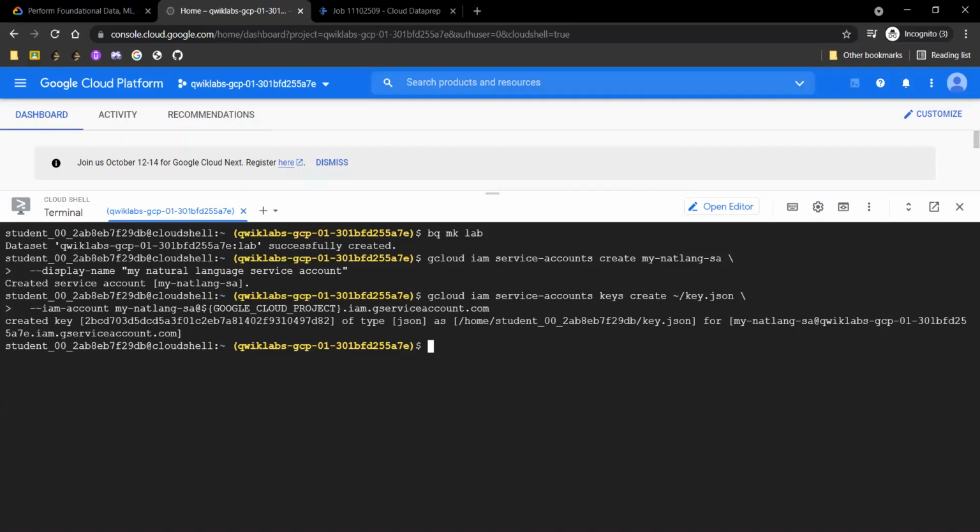Now the next thing we will do is to export an environment variable named Google application credentials, which is located in here. Yeah, so we have done that as well. The next step is to activate our service account.